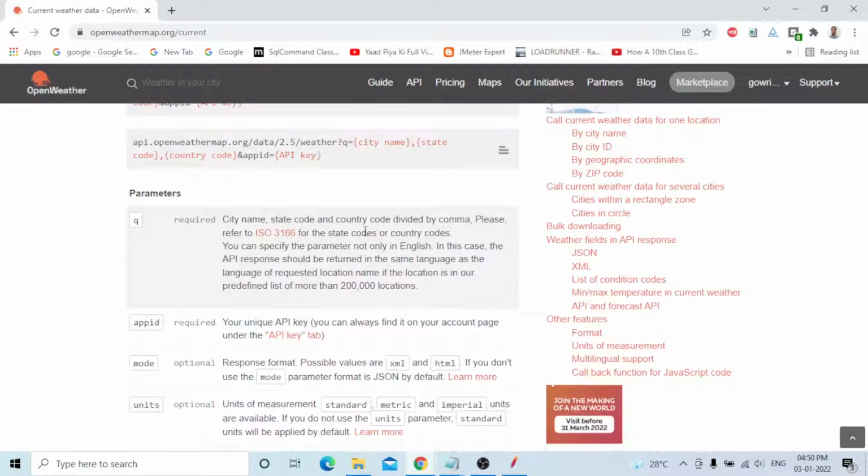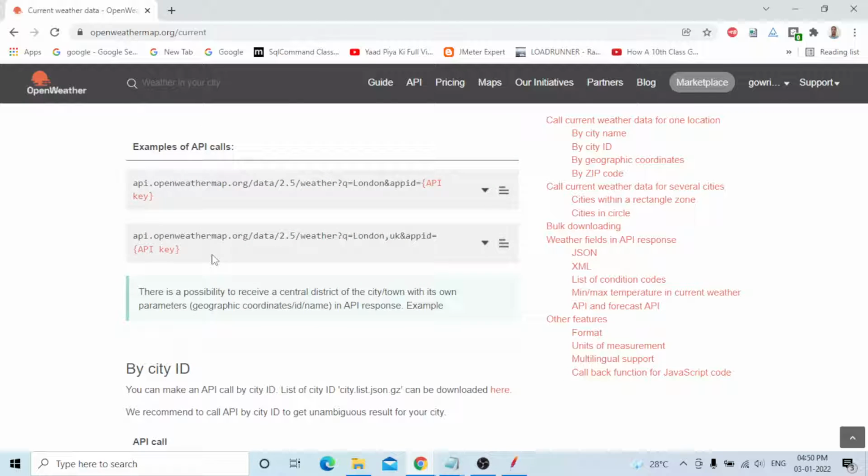Open any browser, enter that, and go to your site.